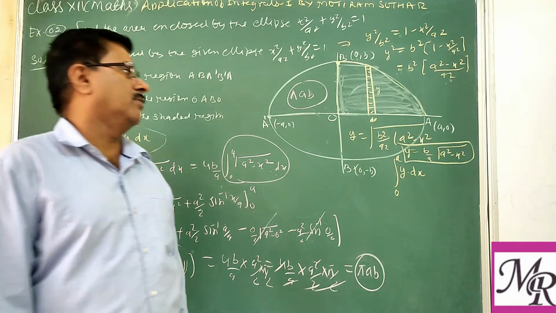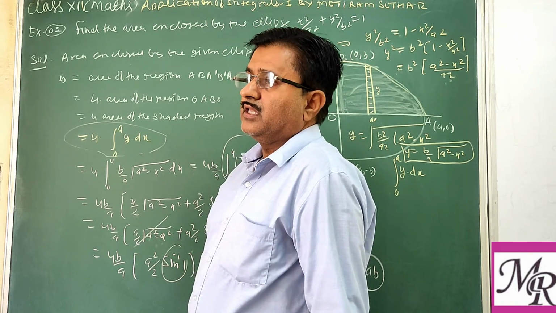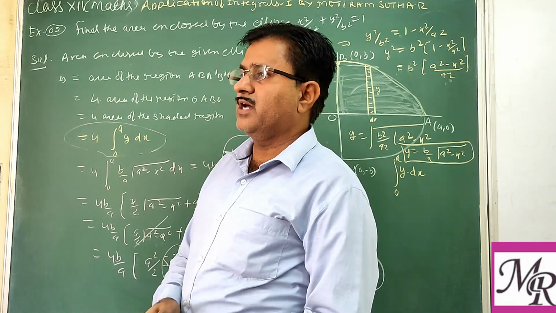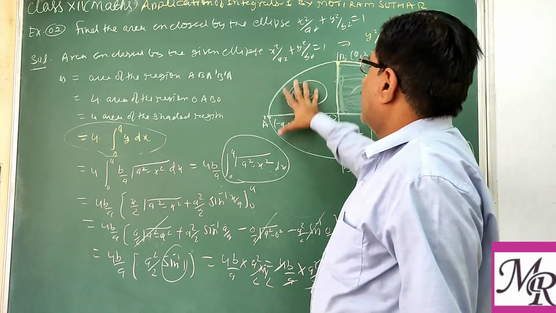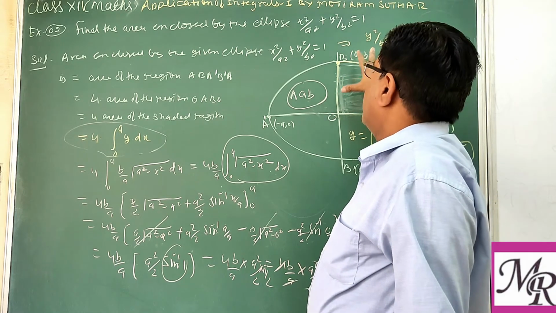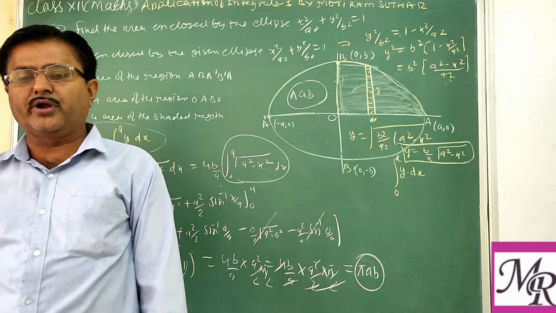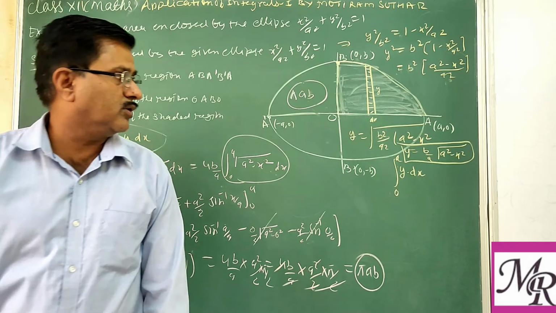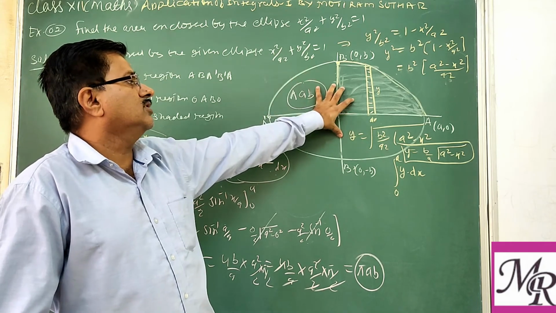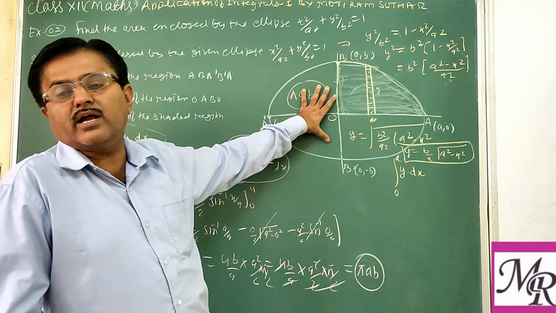But we see some more problems, like a straight line or a triangle. In that case, you have to find the points in tabular form. After finding the points, you draw the figure of that triangle, or plot the points on the graph and join them. So with the help of graph paper, you can also draw the figure. In the application of the integral, this is very important: how to draw the graph. This question is generally asked as a long-type question of 6 marks. So 2 or 3 marks are only for the graph or figure. So it is very important to draw the correct figure.